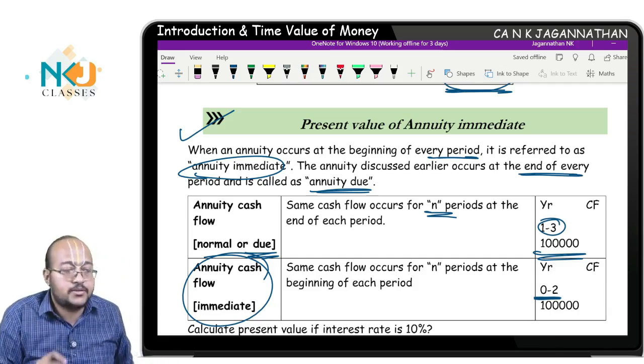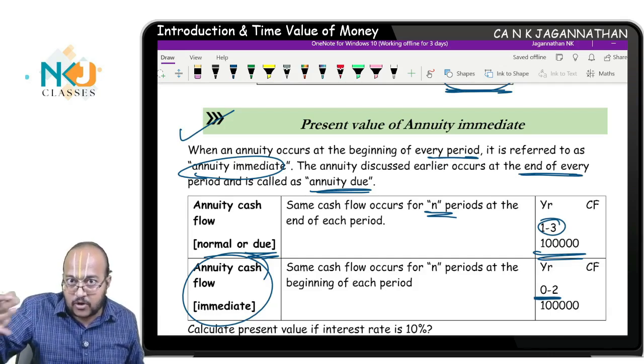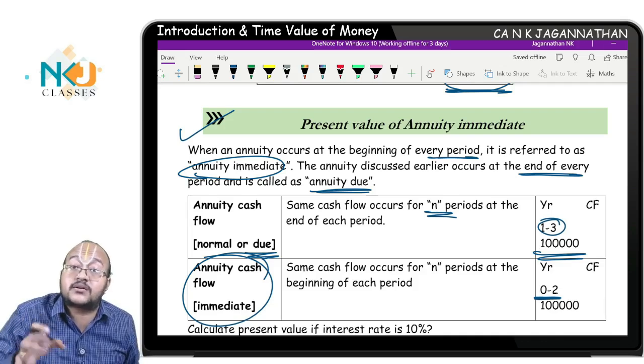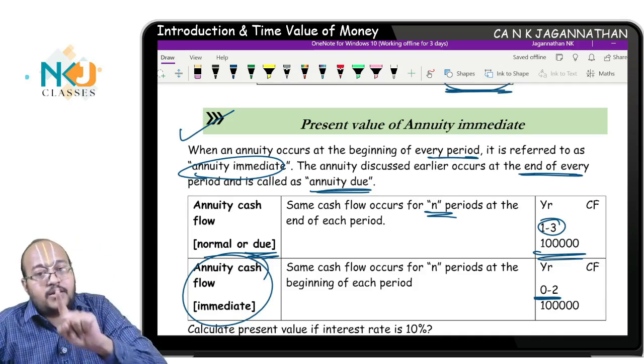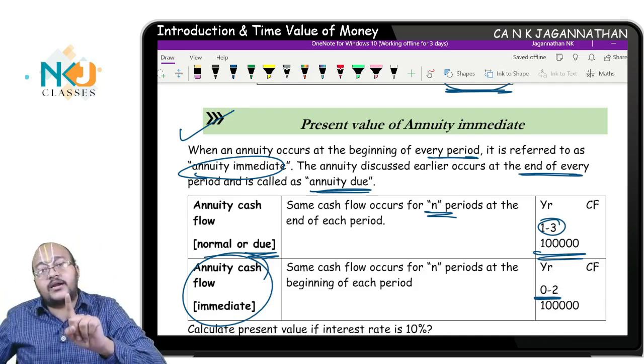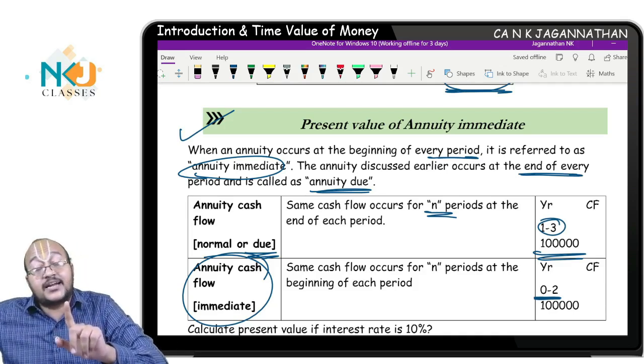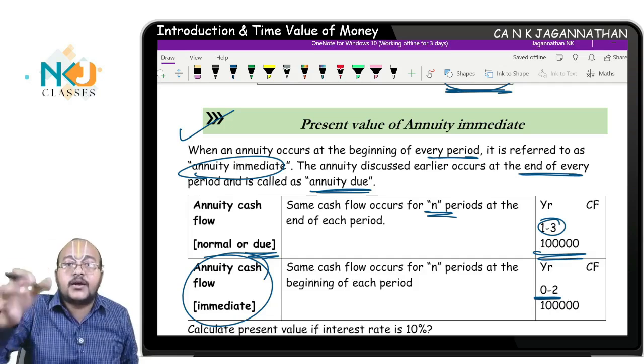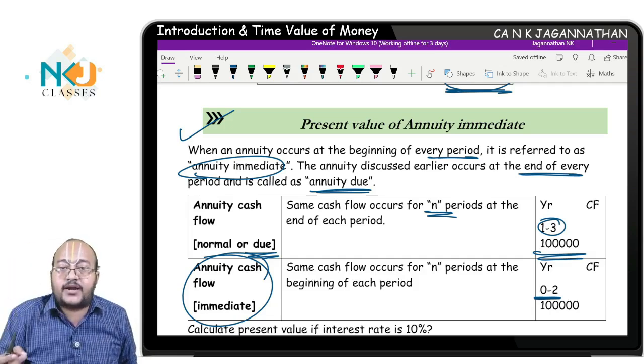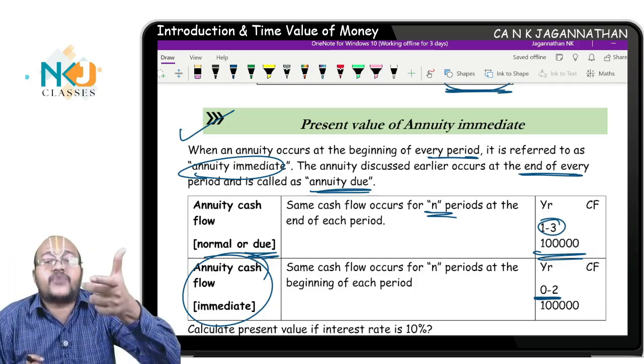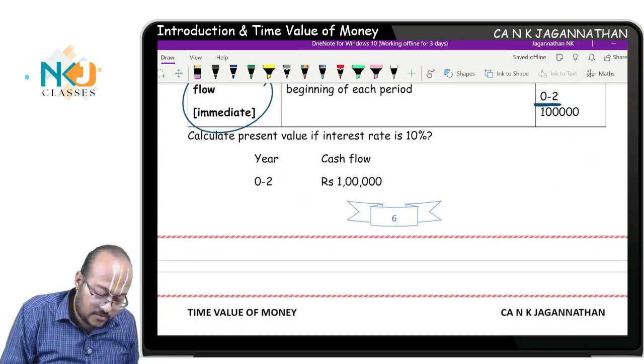In this case, what happens? Year 0, whatever you are receiving as the first installment, that is certain. The annuity factor for that is 1. Correct? Next, at the end of year 1 you are receiving some amount, and at the end of year 2 you are receiving some amount. For those you need to find the discounting present value factors, and you add 1 to these 2 factors. Listen, I will show you, very simple.